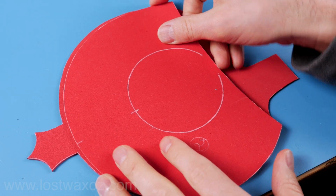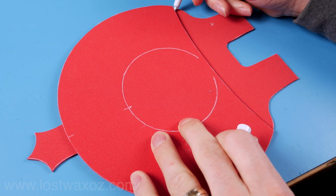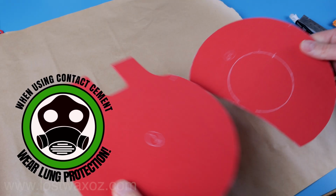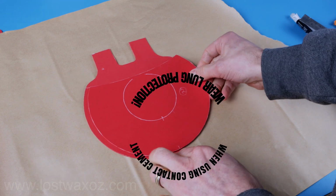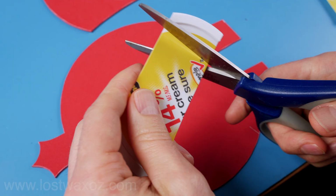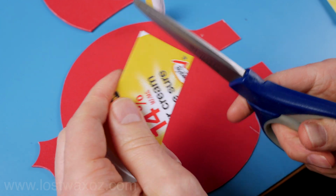Lay the front pocket on the back piece so you can mark where the top edge is. Throw down some protective paper and get out your glue. I normally use hot glue, but today I'm using contact cement. The reason for this is, again, I don't want my holster to fall apart if I'm out somewhere really hot and sunny. So flip over the front pocket, create a nice little spreading tool from a sour cream lid,